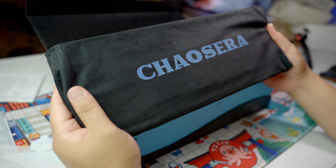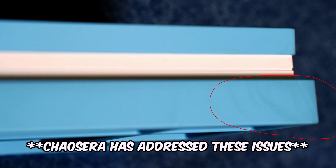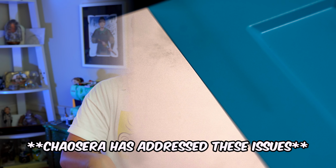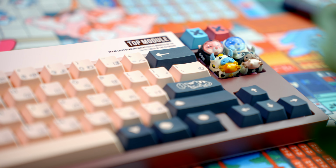Some units came with defective PCBs, and others found that the black cloth the keyboard was wrapped in caused crocking on the case. One user was able to wipe this away with anhydrous ethanol, while others are still currently being worked on. But aside from this, I think this is a great board that comes in at a reasonable price